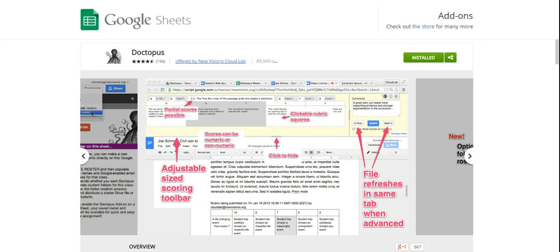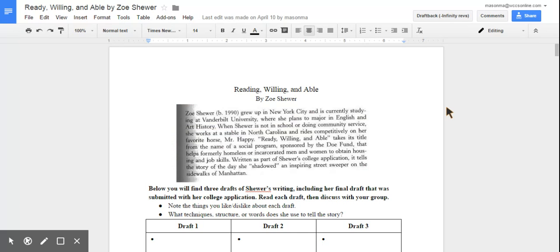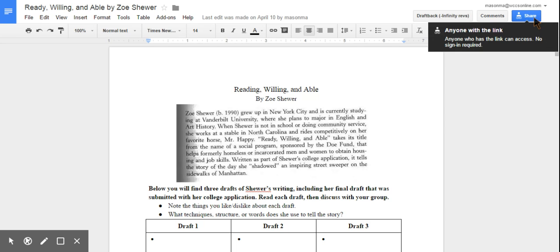I think a much simpler option is what I do, and that is I distribute everything through Google Docs. So when you decide you have a document that you want to send out to students, the first thing you need to figure out is what do you want them to be able to do with it. So when I go to share this with students, I'm going to click this blue share button up at the top,